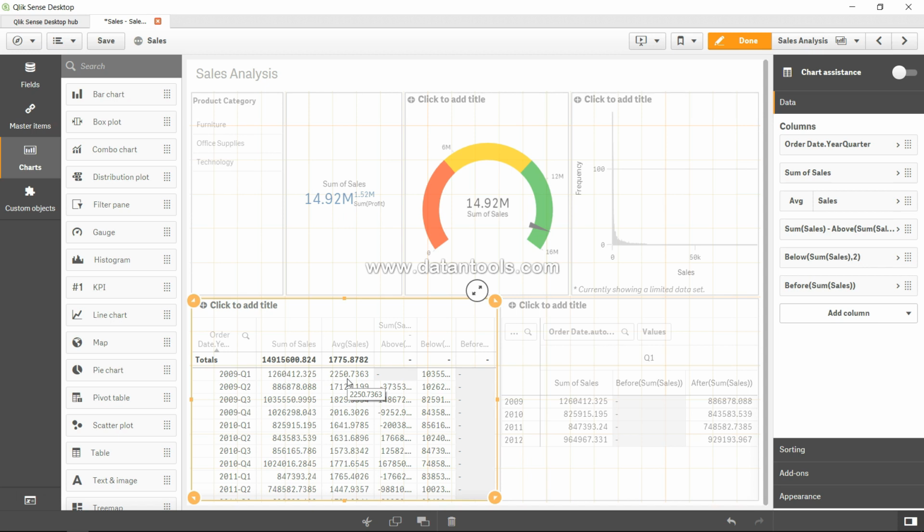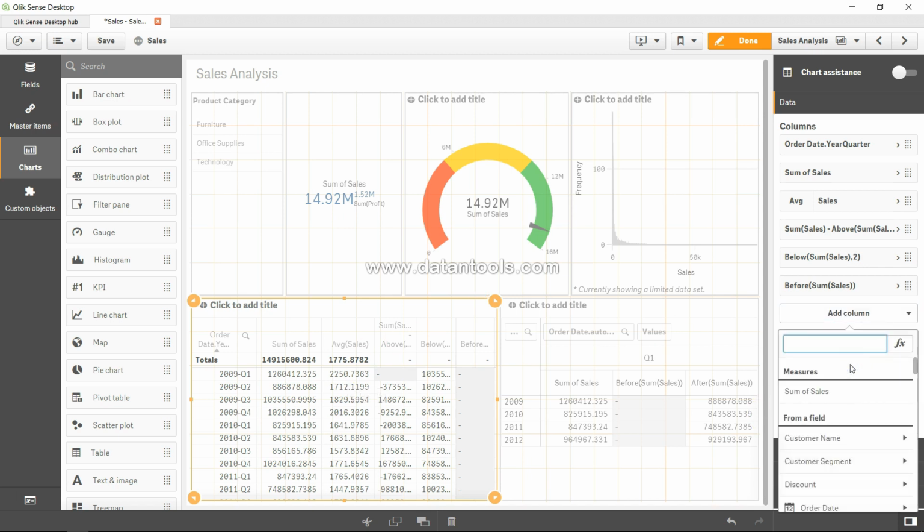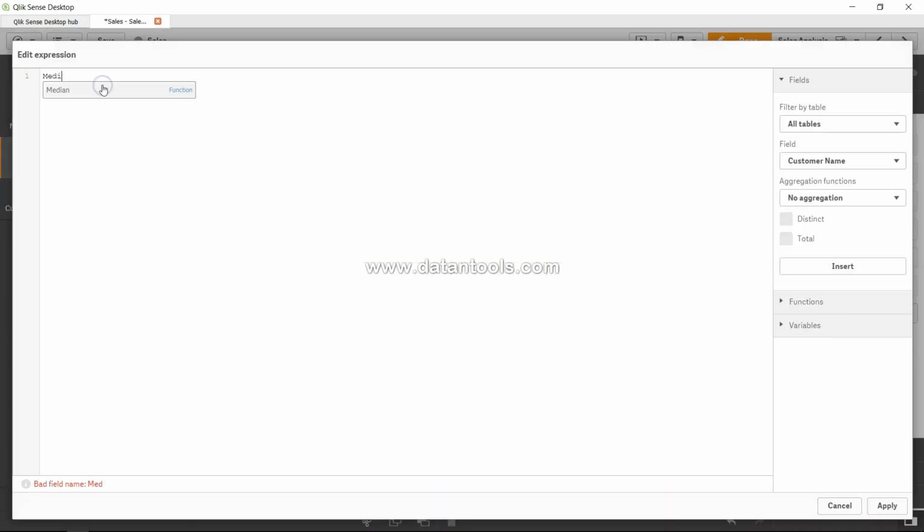And that's basically the difference: median does not consider outliers. I'm sorry, the average does not consider only the actual middle value. It considers the outliers and everything, whereas median does not consider outliers but considers only the actual middle value, kind of vice versa. So how can you apply it? Well, it's pretty easy. You can simply go in dimension, measure, keep on specifying. Let me go into the expression editor and say median, and median what? Sales. That's it. Click on apply,